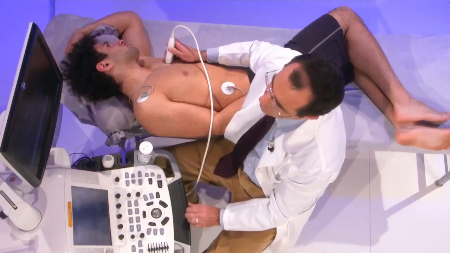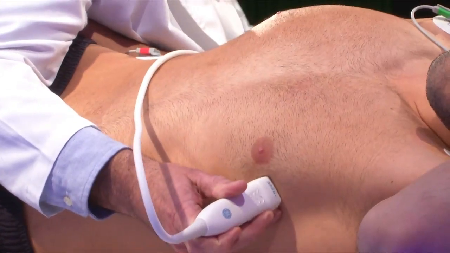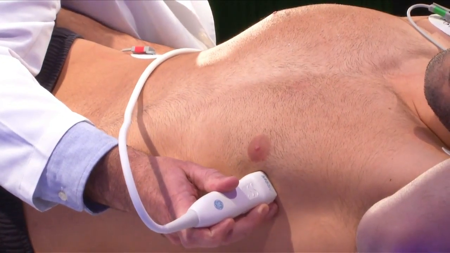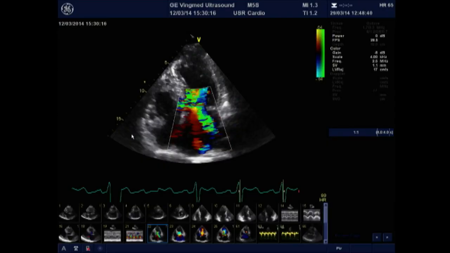With color flow in the image, we can see aliasing in the SAM in the image shown before, confirming that the obstruction is there at that point. Coming back to the apical views, this is a still image, again, of the aliasing in the left ventricular outflow tract and of the mitral valve regurgitation jet directed here to the lateral wall,